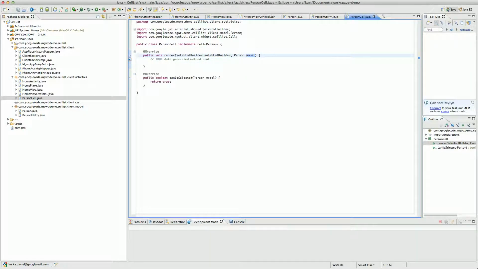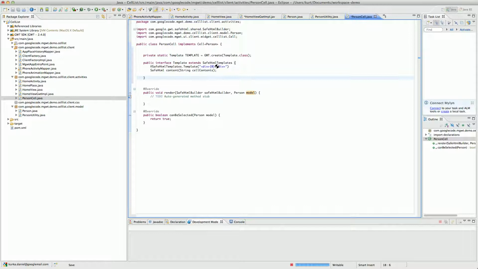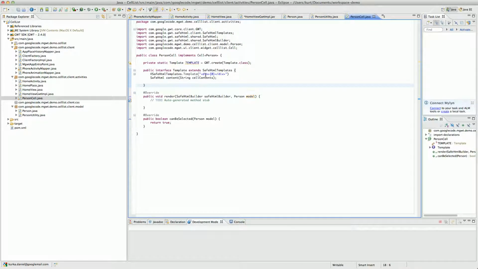So normally what you do in GWT, you define some kind of markup for a cell. You could do this in code right now, but it's much easier to let the compiler take a part of it and just fill in some values into the HTML markup. And this is exactly what we're going to do here as well. So I'm going to paste in some code and explain something about it. Here, this is a simple template from GWT. You can see the only thing you need to do, you need to have an interface that extends safe HTML